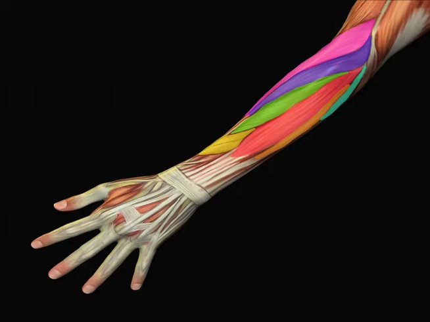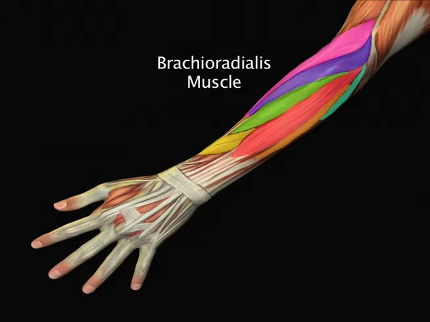Next muscle is the brachioradialis. This muscle is in the extensor compartment, but it has a different function. Origin is from the upper 2/3 of the lateral supracondylar ridge of the humerus, and it is inserted to the base of the styloid process of the radius. Nerve supply is the radial nerve, and the function is that it flexes the forearm and assists in rotating or restoring the arm to mid-prone position depending upon the initial position.